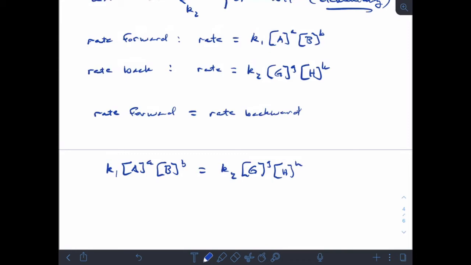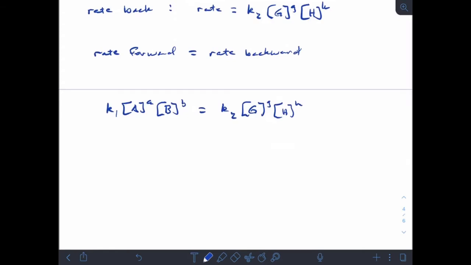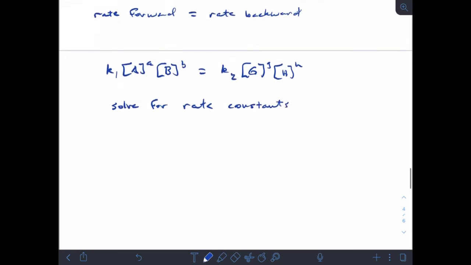Okay? So now let's solve for the rate constants, right? All right, so I'm going to rearrange to get all the k's on one side and take a look at what we get. k1 over k2